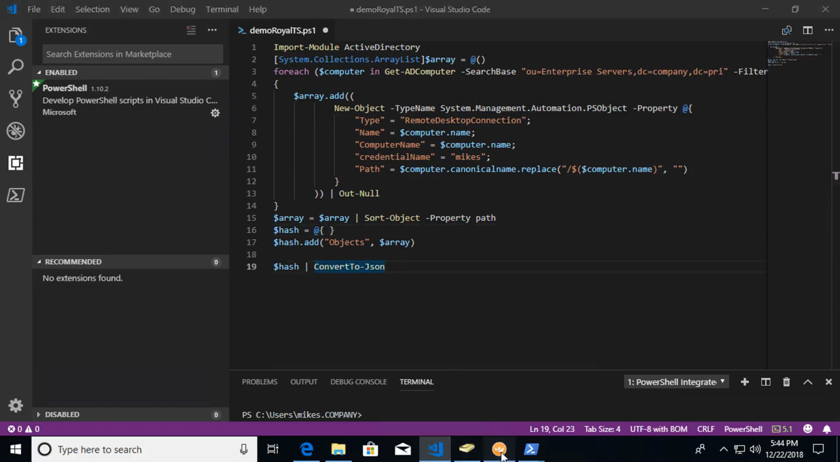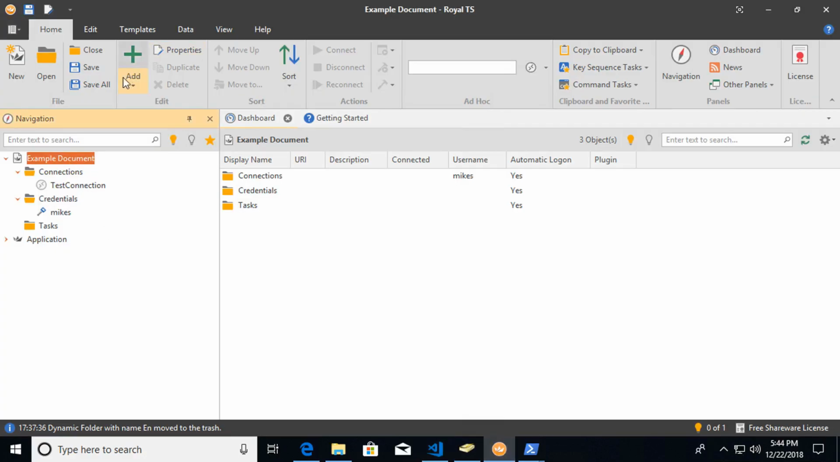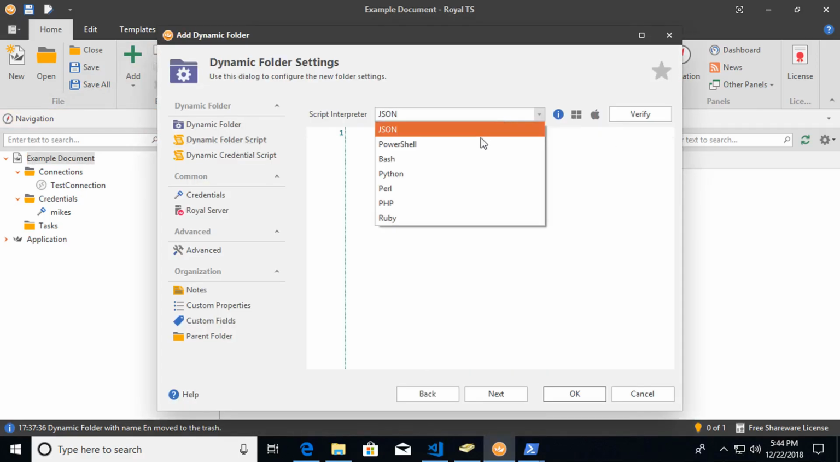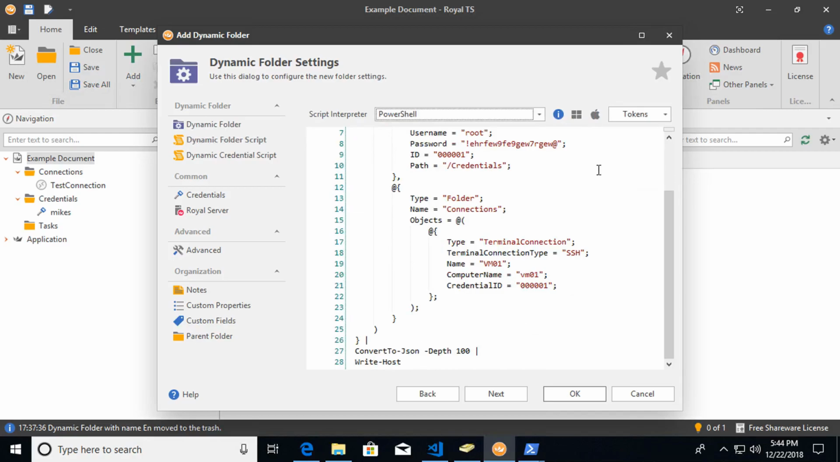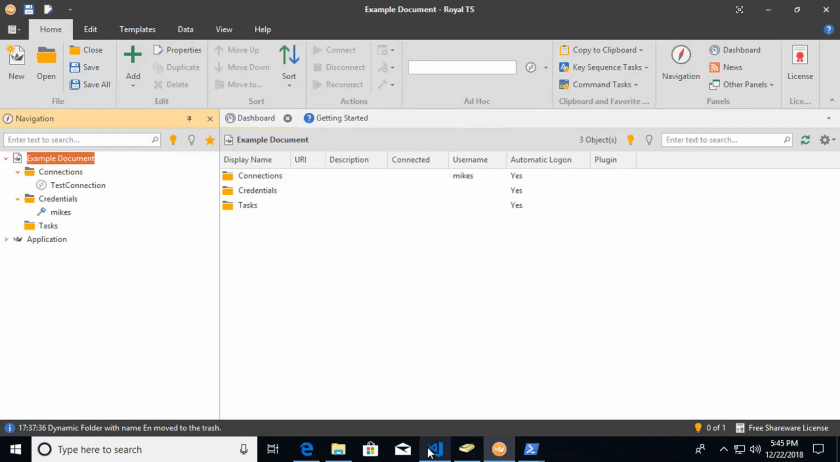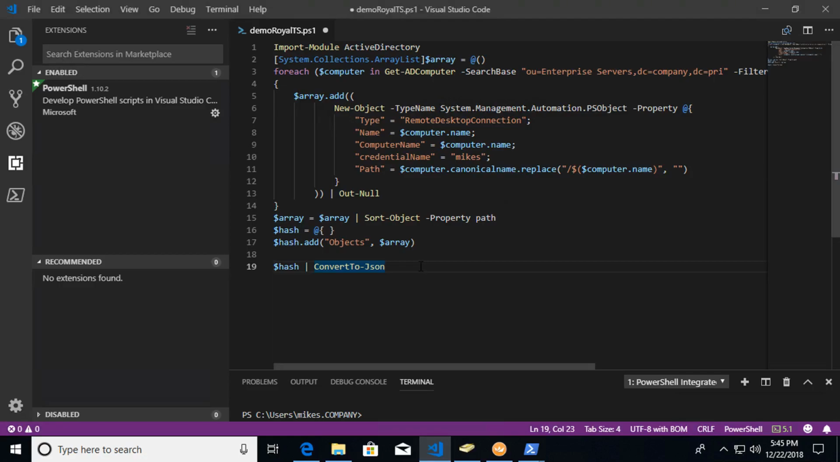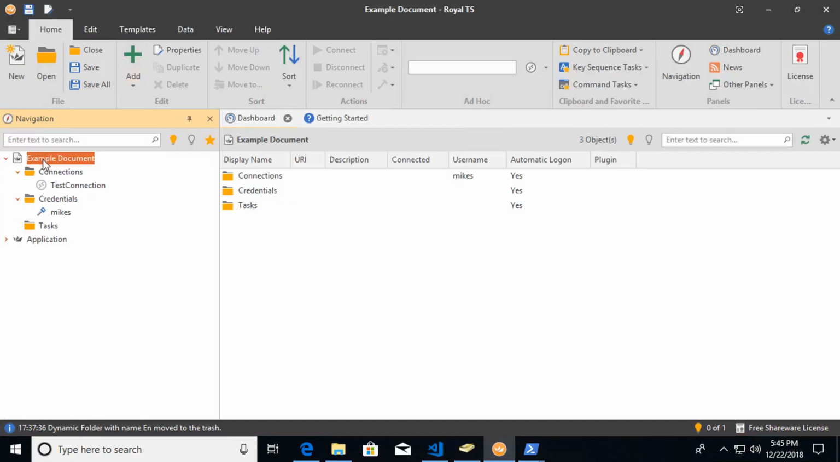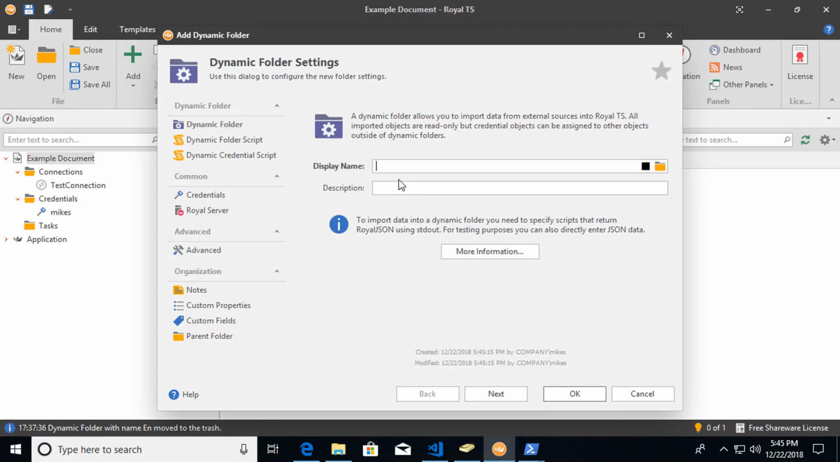Now, one thing I did notice, and I will need to ask RoyalTS on this: if you look at their PowerShell example, they're using Write-Host to write this out to their processor. You do not need to do that. You can just let it write the object out to the stream as normal. So I will have to ask them on that. But if I take my code in here and I create a new dynamic folder,